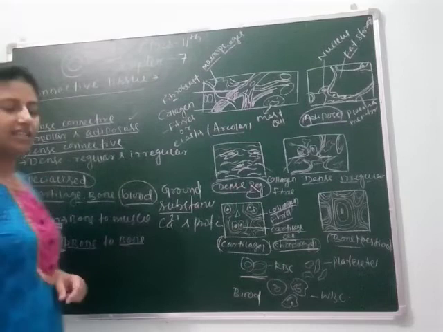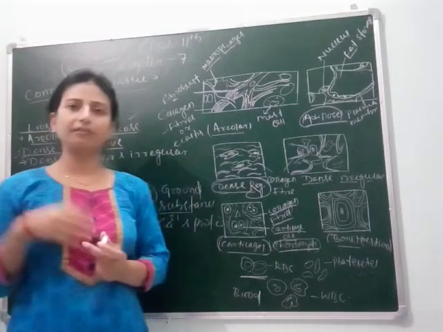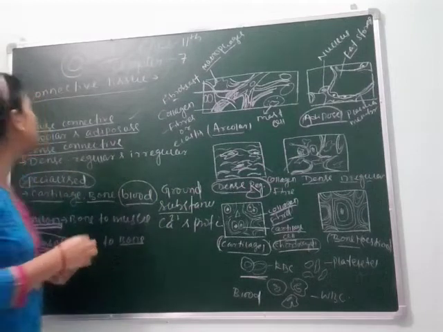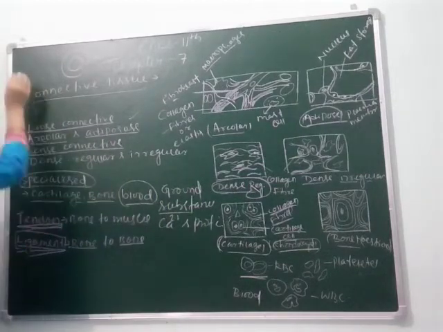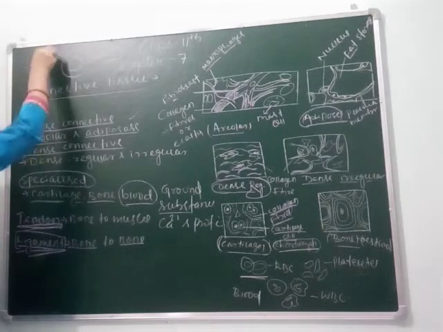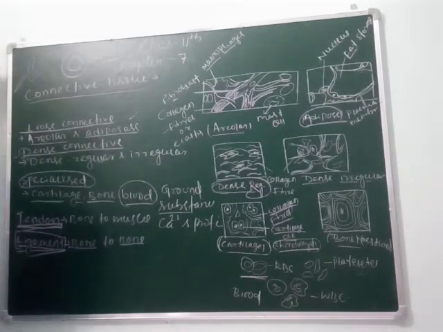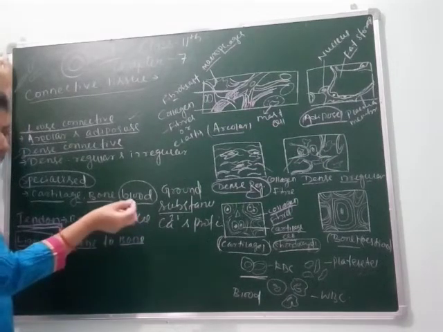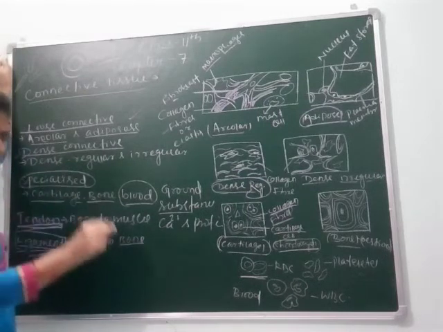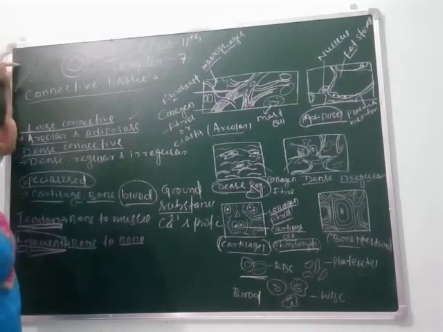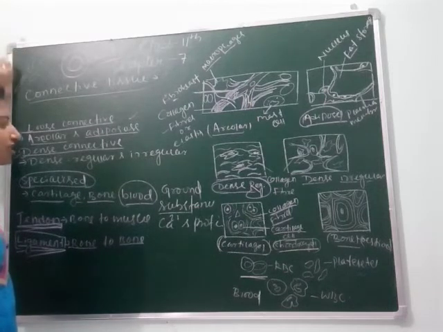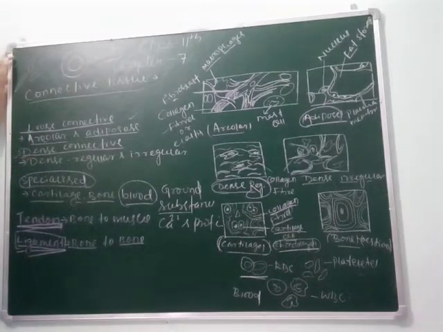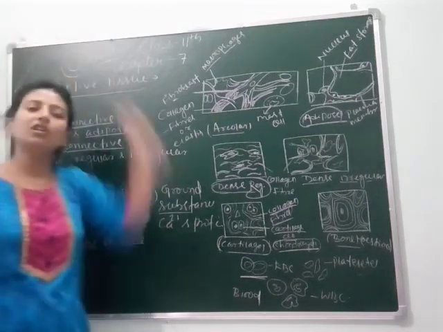Next is your platelets. You have known that platelets help in the clotting or coagulation of blood. They are called platelets, and their structure is like this. Their main function is clotting or coagulation of blood, and we can also call them thrombocytes. WBC is called leukocytes. RBC is called erythrocyte, and platelets are called thrombocytes. So these cells constitute blood, and blood circulates and transports different substances in our body.